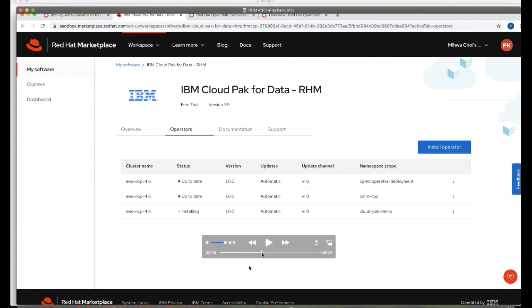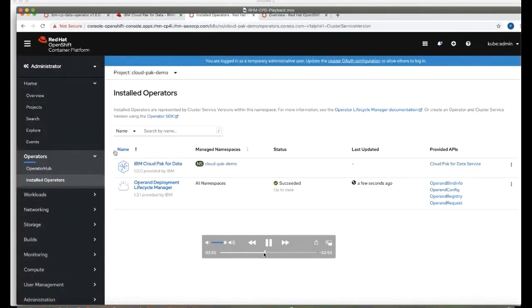So this is my project where I'm installing the operator. Here you can see that the Cloud Pak for Data operator is getting installed. So as soon as it is installed, it is ready for use. So I'll show you quickly how we can install the control plane directly from this console. So I click on the